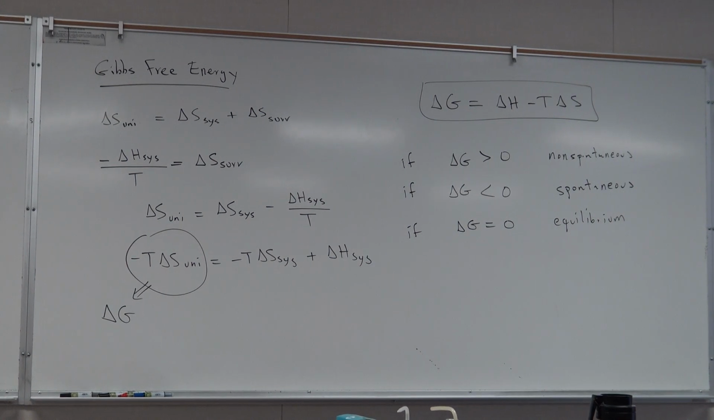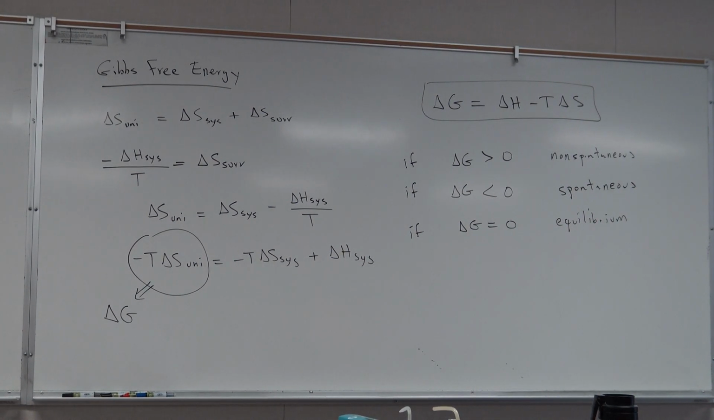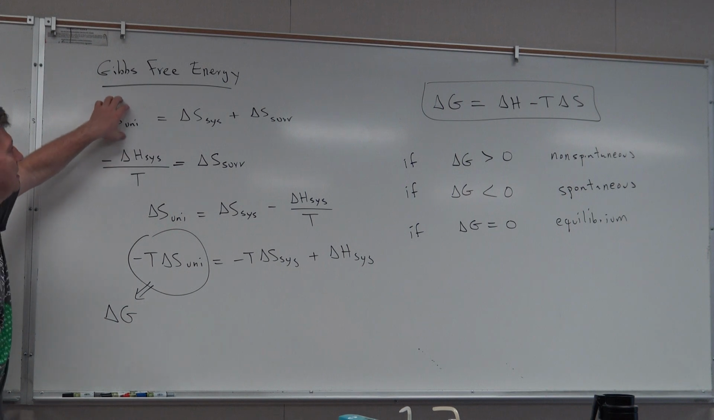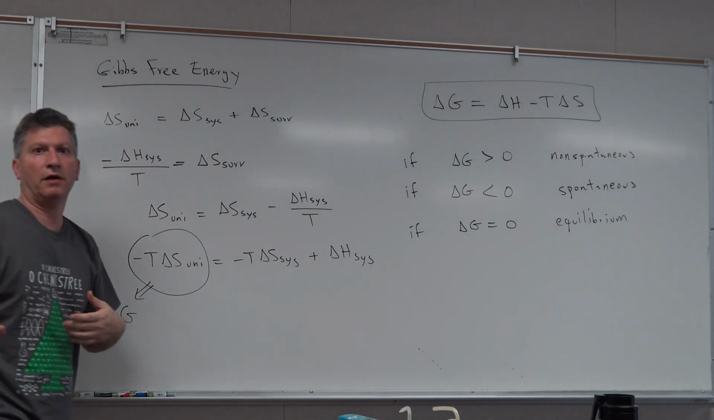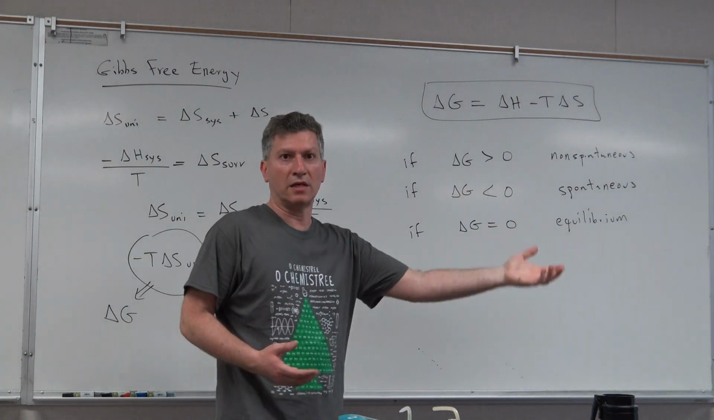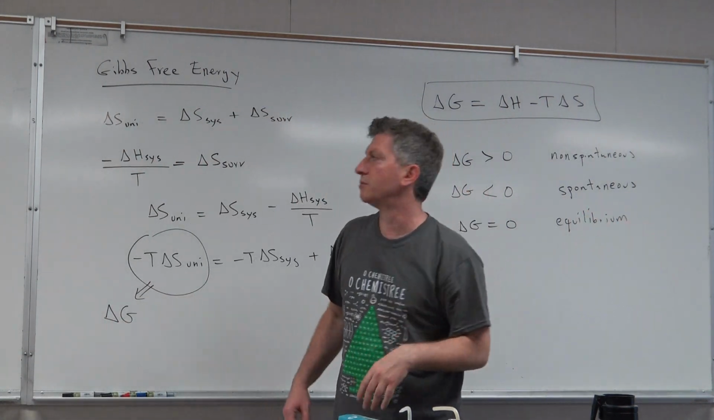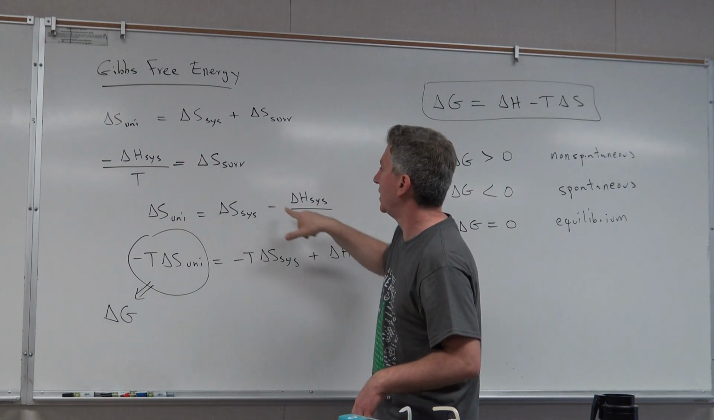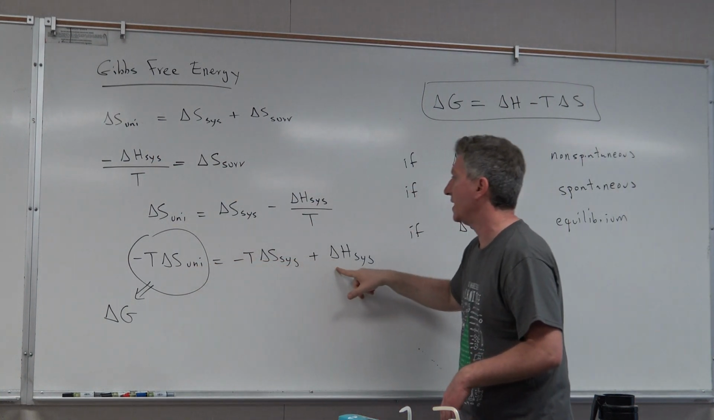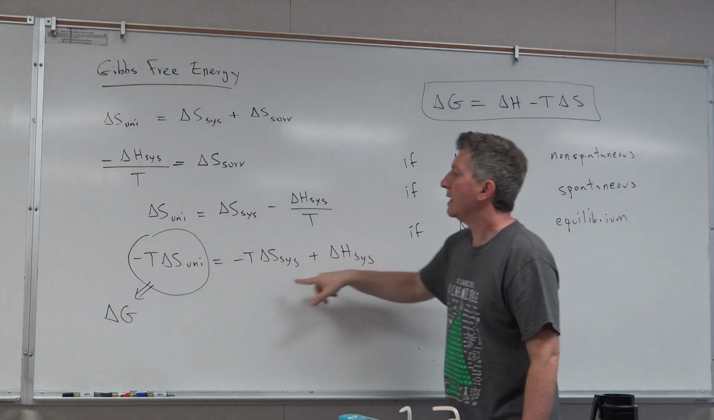So we know that delta S universe is equal to delta S system plus delta S surrounding. Again, we're trying to see whether as a result of our process delta S universe is positive or negative, and whether therefore the process is spontaneous or non-spontaneous. So if I substitute this in for delta S surrounding and then multiply everything by negative T, and then I